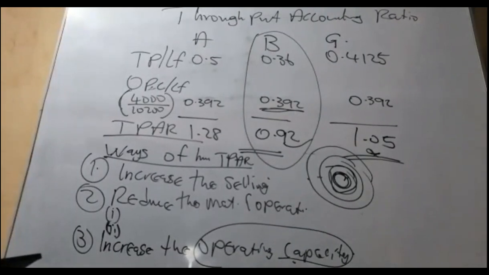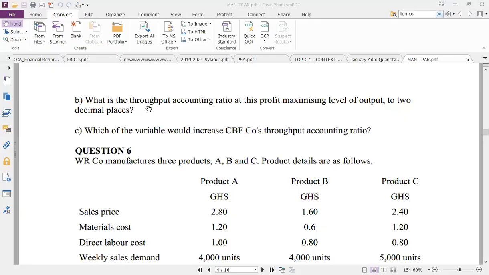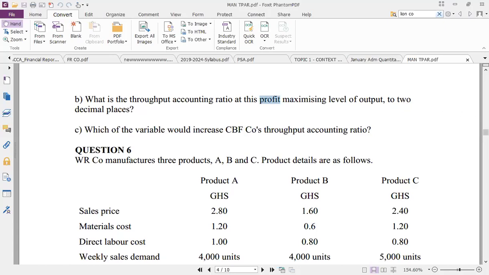You are doing the B part. The question says, what is the throughput accounting ratio? So calculate the throughput accounting ratio at this profit maximizing level of output to 2 decimal places. So after the changes,